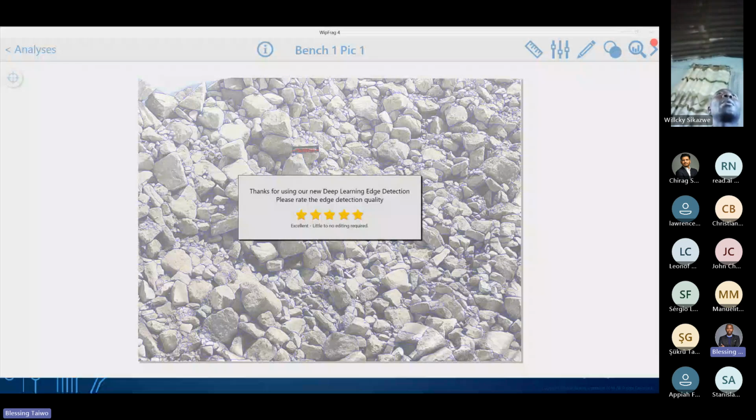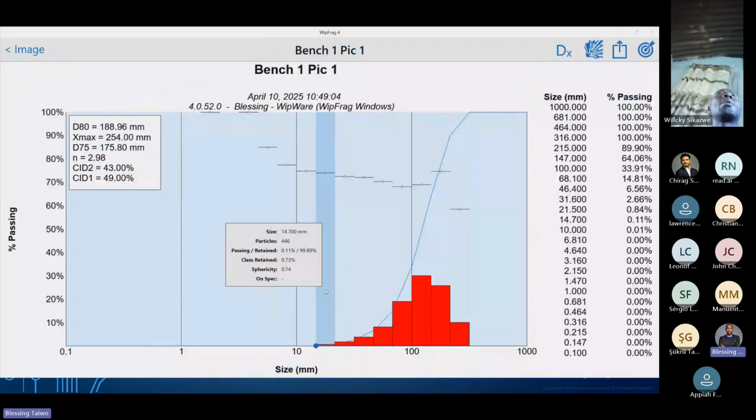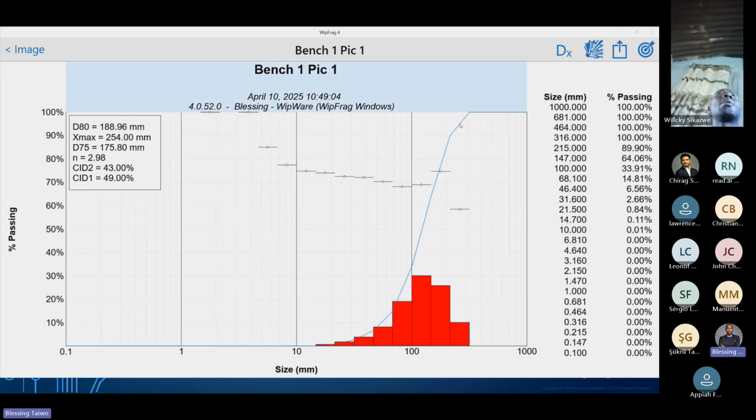This software is a self-developed kind of software, in such a way that you can give feedback if you're using the deep learning, and how is the quality of the deep learning. Do you still spend more time in the editing? If you spend more time, you can easily report, like, oh yes, I used the deep learning, but I still did some editing. Then what we get back as feedback from the software is that picture. We're going to ask for your permission so we can use that picture to also train the next model. We release a model every quarter of the year. So by the time you'll be using the software in the next 3 months, the model will have been improved and is going to do a better job on that kind of image. Here is the particle size distribution curve.